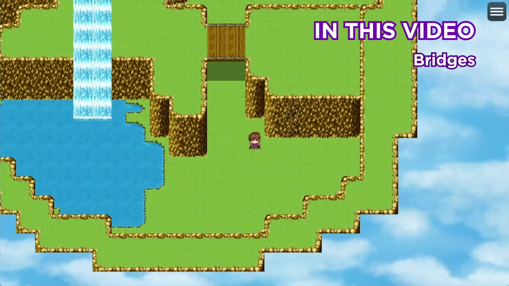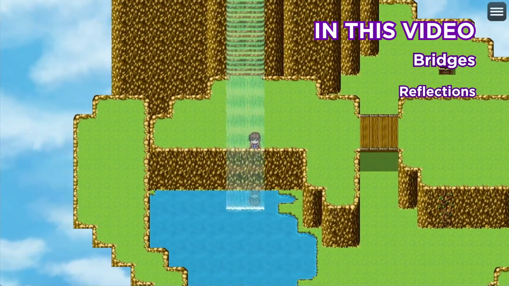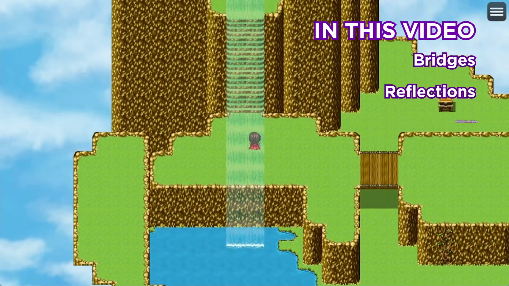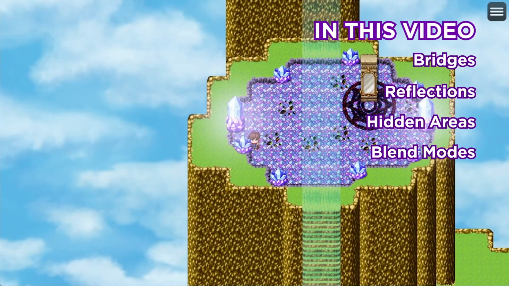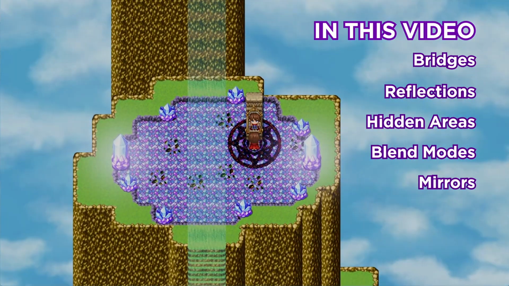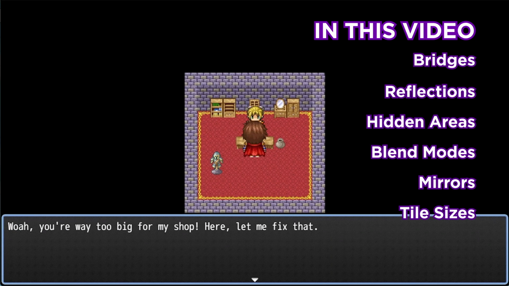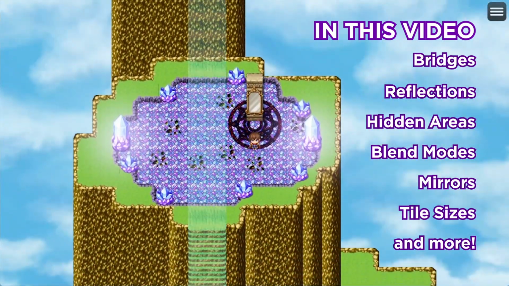This is a continuation of my first Tiled guide, which goes over the very basics of the program and how it works with VisuStella's Tiled plugin. I super recommend watching that if you haven't already, because I'm not going to be going over the basics again in this video. Instead, I'll be showing you 15 advanced features this plugin offers so you can utilize it to